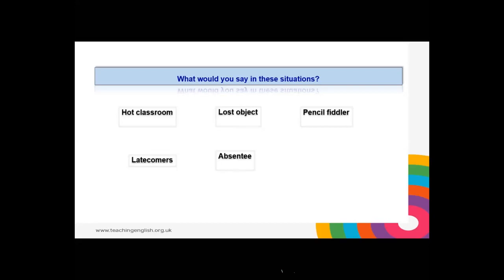When losing any object, a pen, a book, anything for the learners. When they lose a pen, for example, where is the pen? Excellent. And what else? Where is the book? Where is your book? Okay. So when a pencil fiddler,